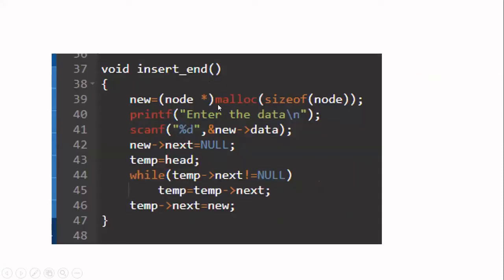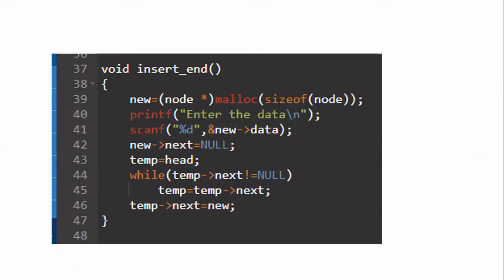The first step is you have to create the memory for the new node. After that, from the user, get the data field of the new node. Then, since we are going to insert this node at the end, make the next field of the new node as null. Then you have to find what is the current last node. That you have to do only with the help of continuous traversal. Okay, so to make the traversal, you have to check the nodes one by one. When you get the link field of a particular node as null, you have to stop the looping.